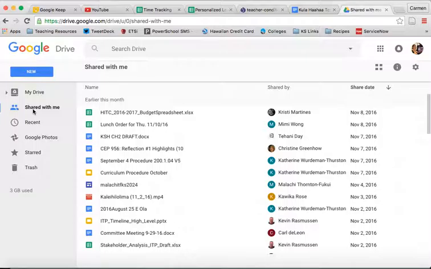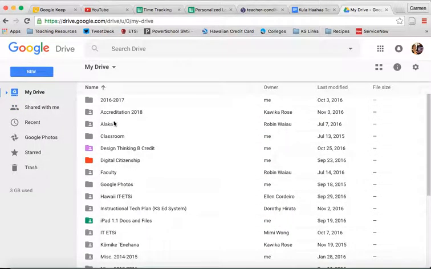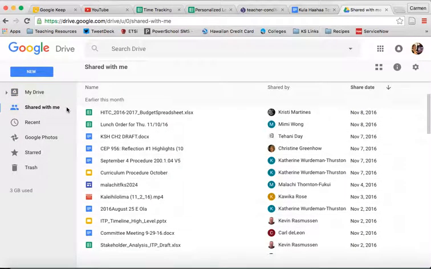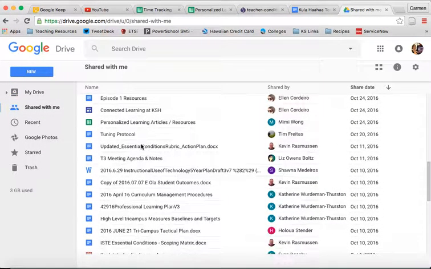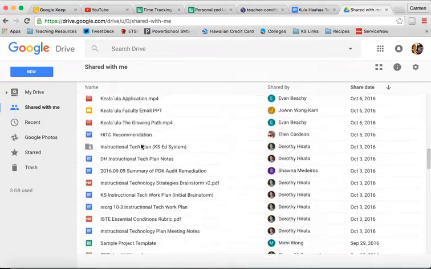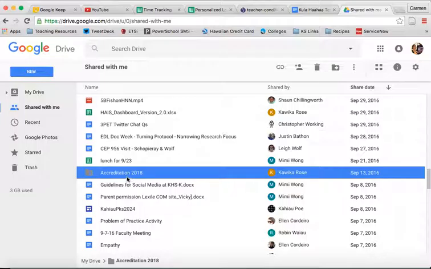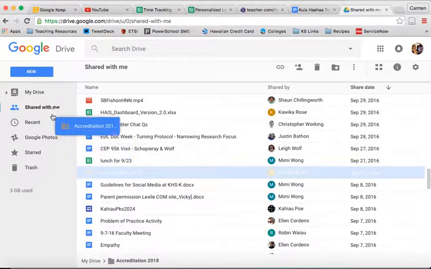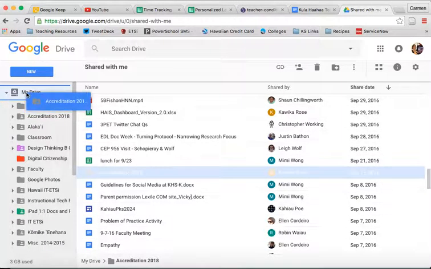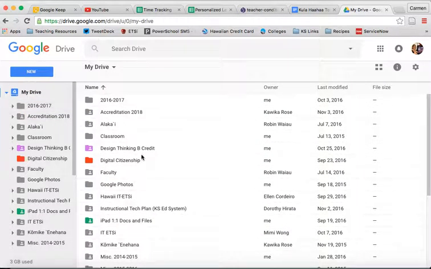So for example, if you don't see this accreditation folder in your main Google Drive here in My Drive, it might be in Shared with Me. And all you have to do is go in here and find it. So let's just pretend that one of these, oh, see, there it is. You can then click on it and drag it to My Drive,